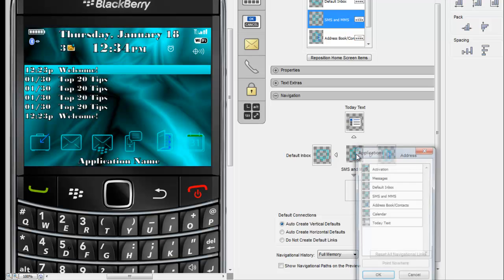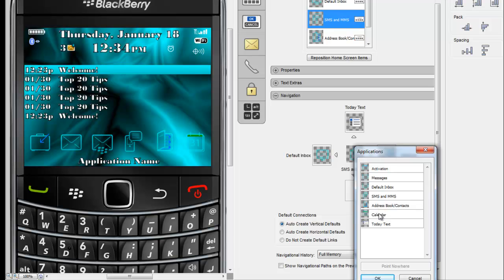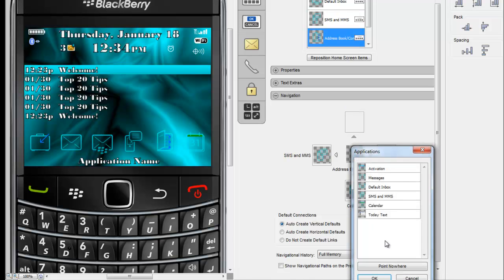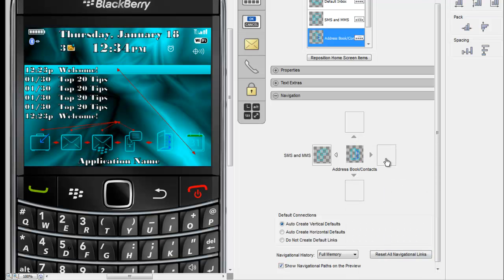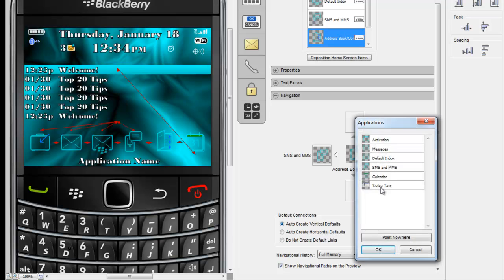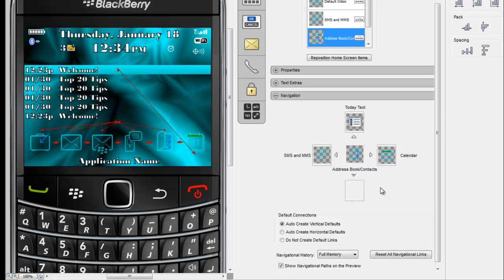So then next we will go to address, put it in the center. Calendar's now at the bottom. We want to point to nowhere. We want to put calendar to the right, and once again today text at the top. And as you can see, calendar is another today area item. So now you have this arrow shooting up to your first icon,